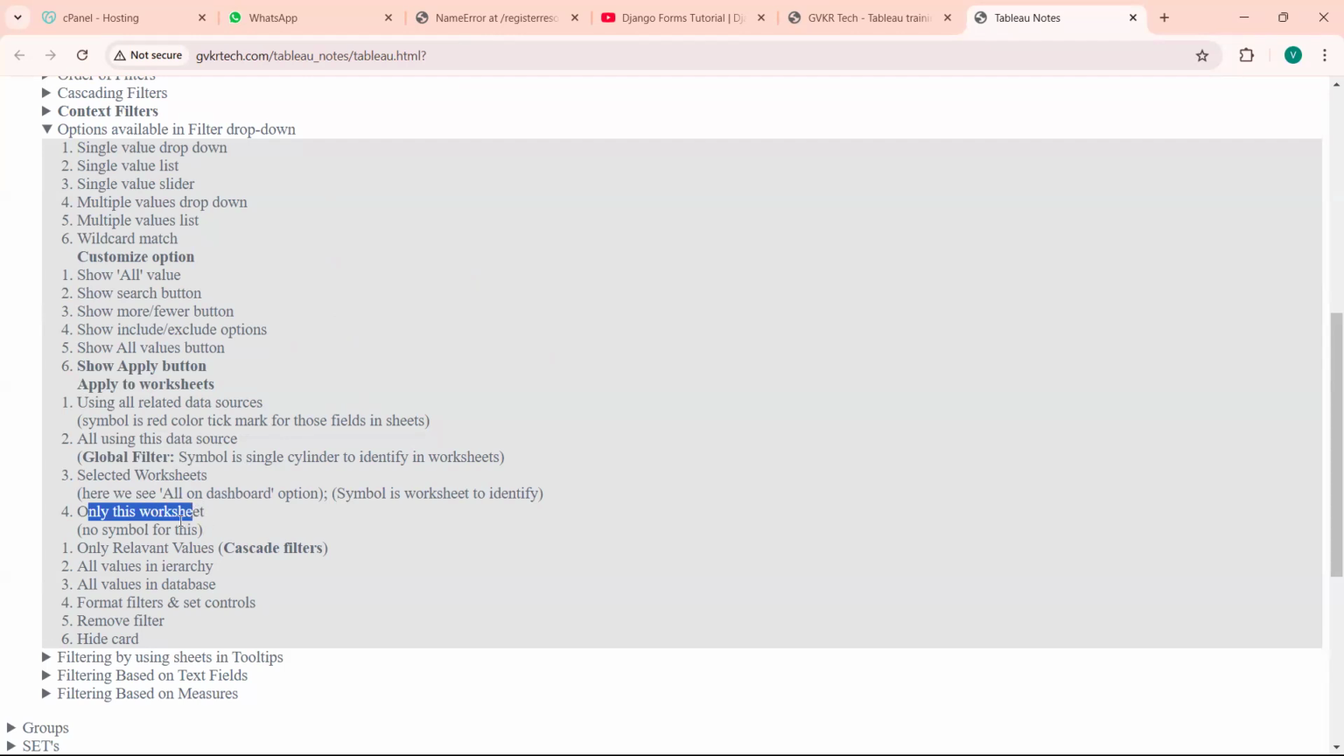We have seen this one, and we have seen selected worksheets option also, like how to apply the filter for multiple worksheets. Today we will see what is global filter. Global filter is nothing but applying the filter to all the worksheets which are created from that data source. So first we'll see that one. Second, we will see using related data sources option. Maybe here we may get confused in the document, but